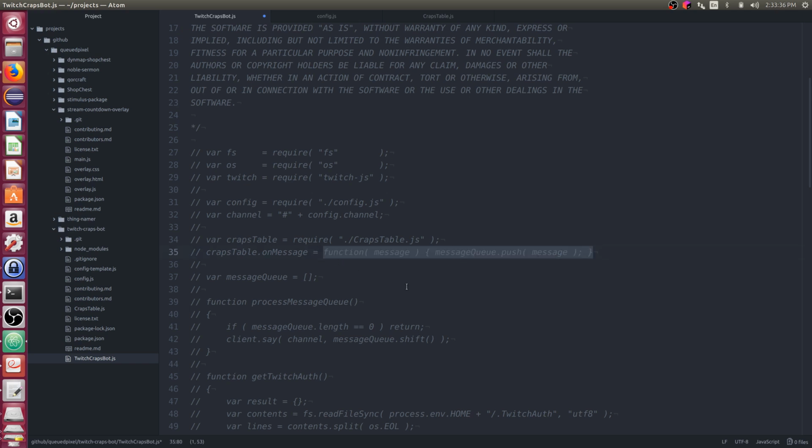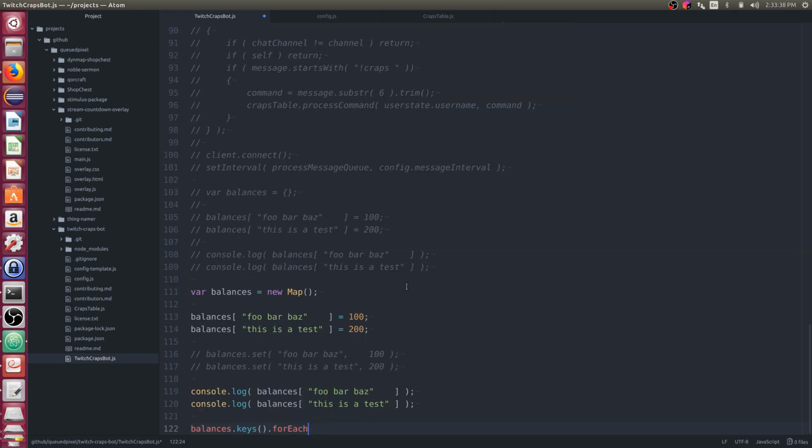Yeah, I think we could do this. Let's try something like this here. So function, we'll call this a key, and then say console.log key, and then the value.